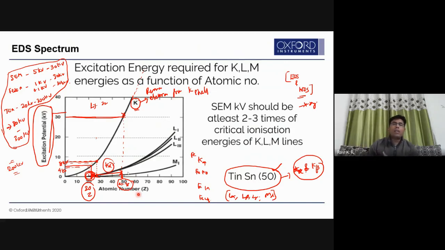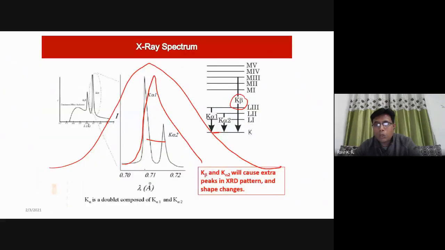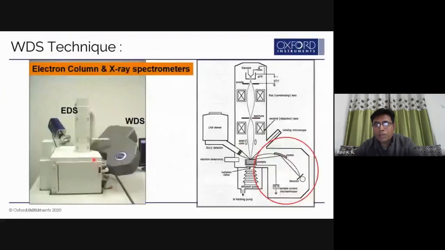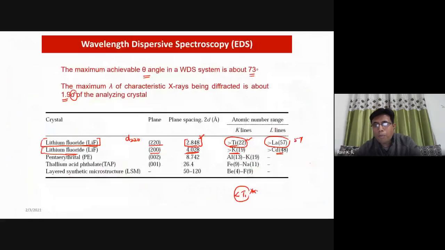Okay, in that case, if you really want to get a K alpha or K beta, you can have only from this particular range. L alpha, L beta, you can get from some system. Let's say you go from cadmium. I think in that system it is given. Suppose you have an element, lanthanum. Lanthanum can give you a peak only at this particular crystal. You can start getting only from 57. Because this is actually the problem.